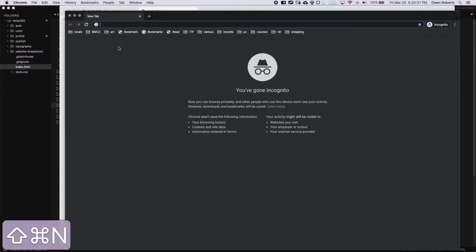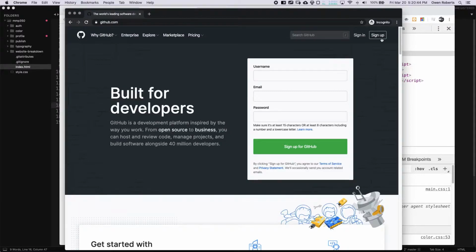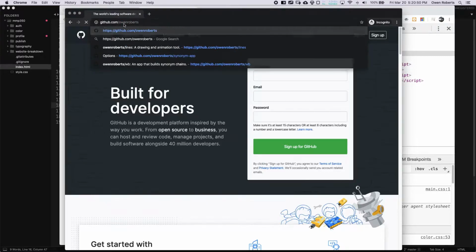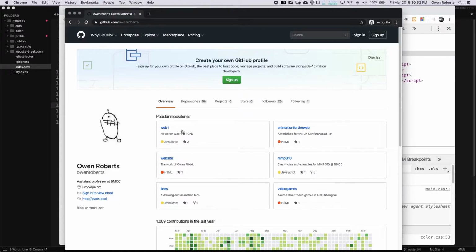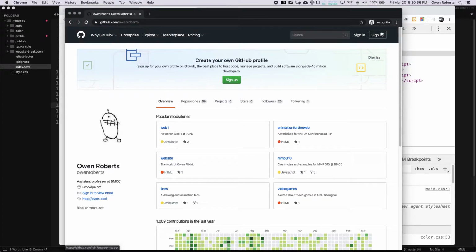If I go to github.com, really any service is going to be like this. When I'm here, I can sign in or I can sign up, but if I go to somebody's repo, let's say I went to my own repo, but I'm not signed in, I can look at other people's code and stuff like that. But if I click sign in or sign up, I can't edit this profile. I guess I can click on the image, but I'm not signed in, so there's no reason why I should be allowed to edit this stuff. But if I sign in,